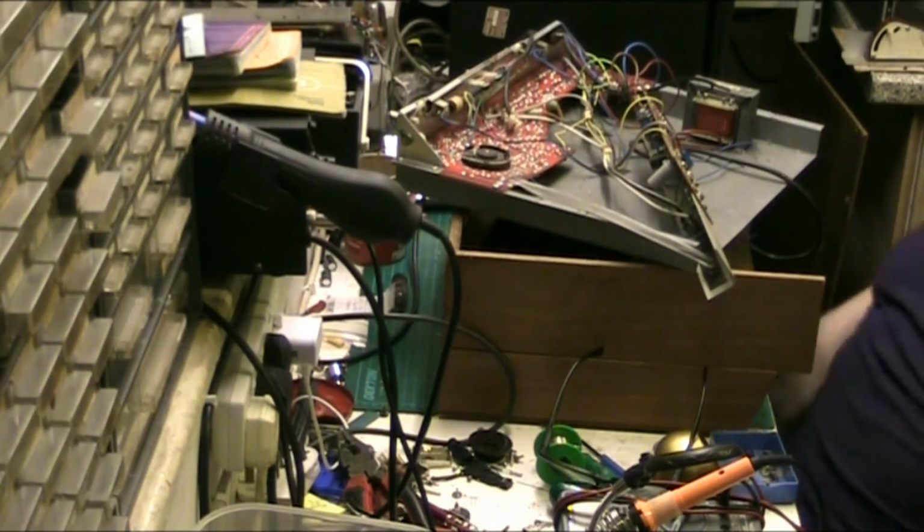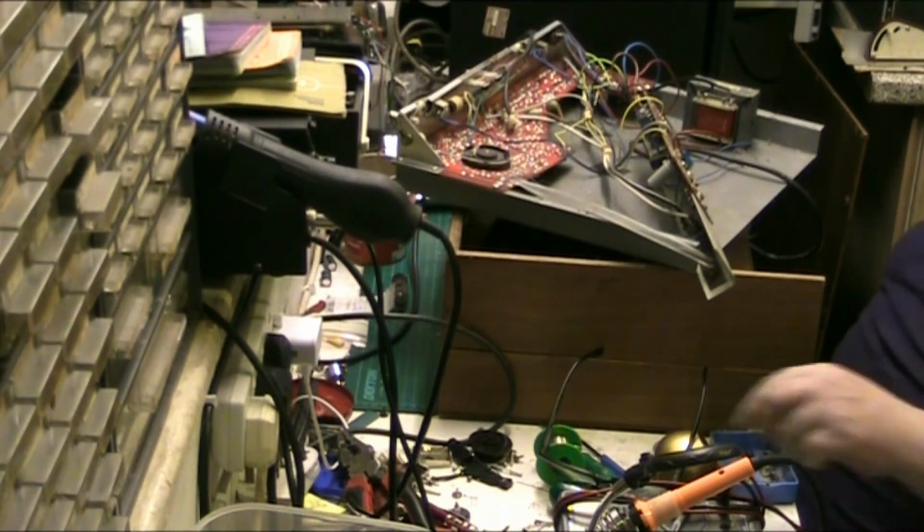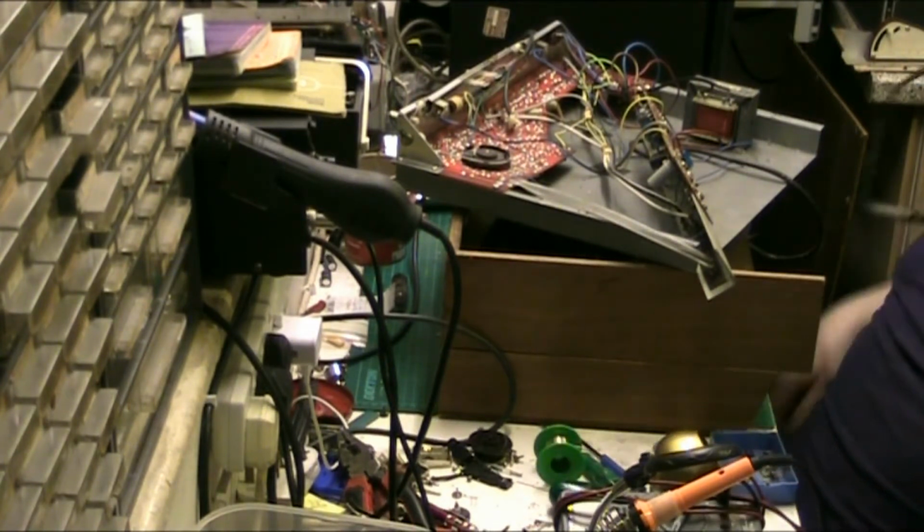Repair, restoration if you like. What I'm doing,